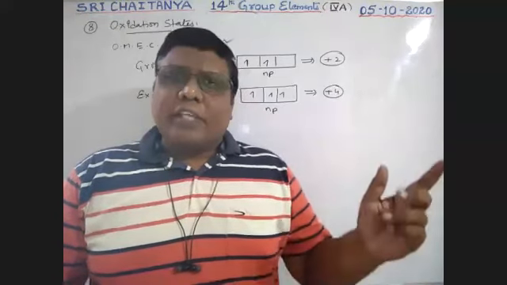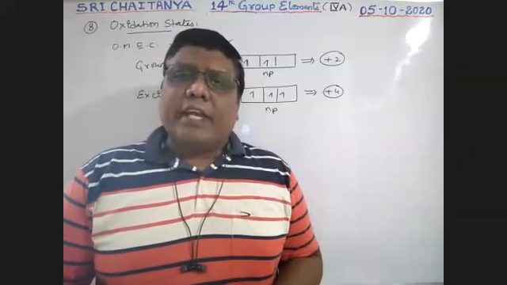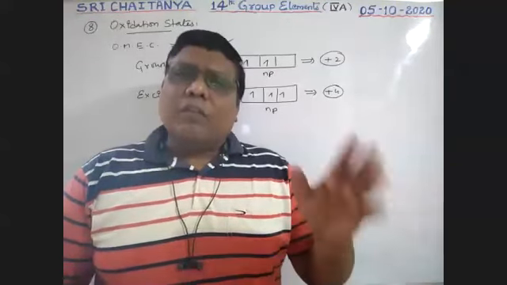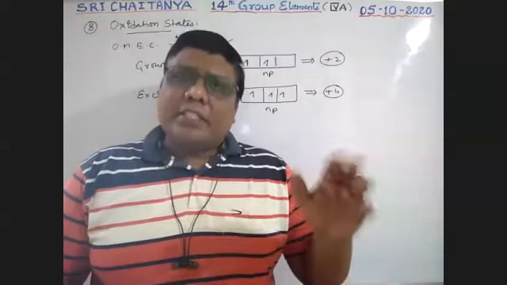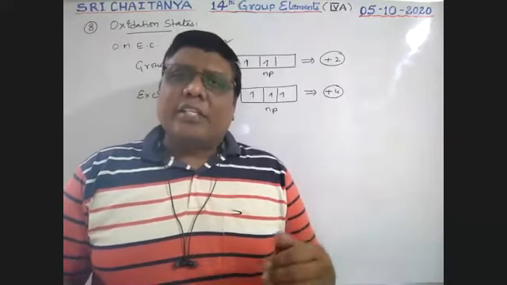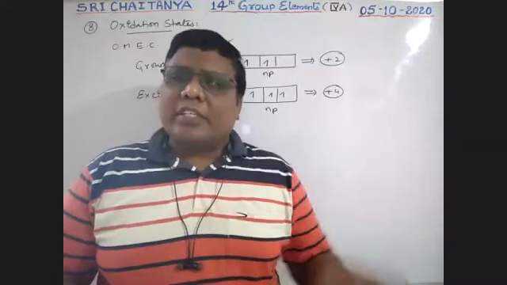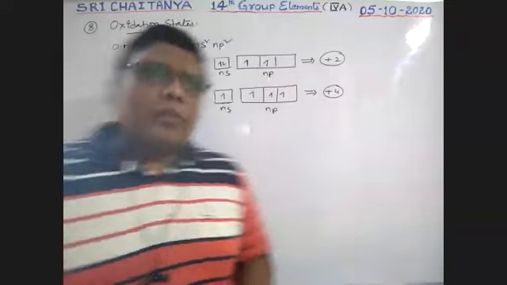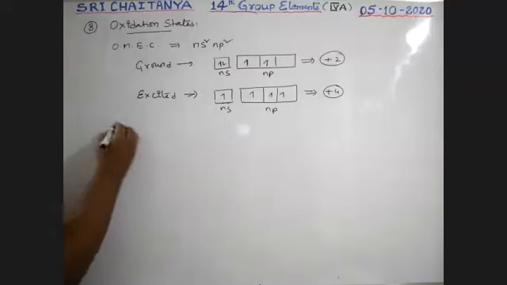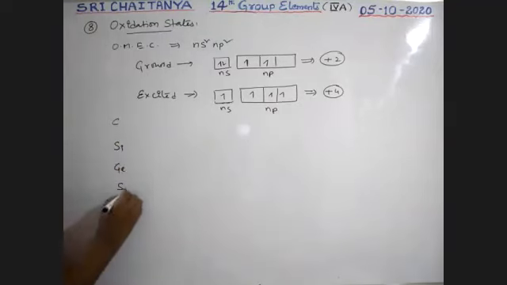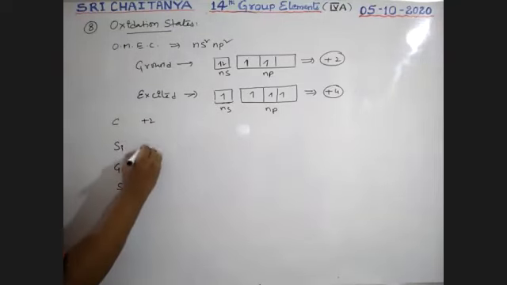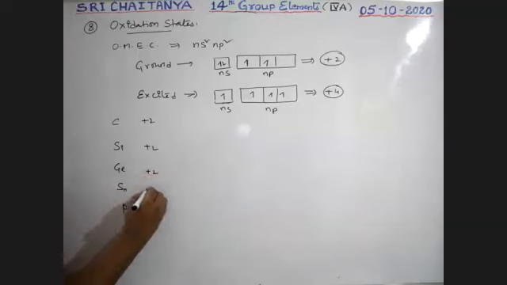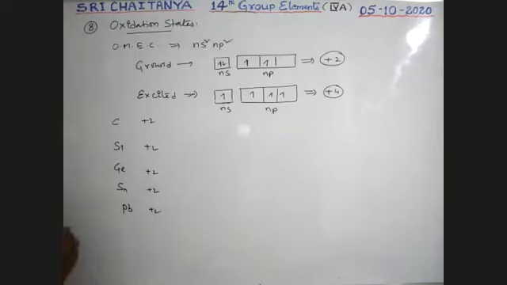Okay, see here, this +2 oxidation state. In this group, how is this varied? Does the stability of +2 or +4 increase or decrease? All of these are according to the inert pair effect. Let us observe: carbon, silicon, germanium, tin, lead. The +2 state is exhibited by all of these, boys.